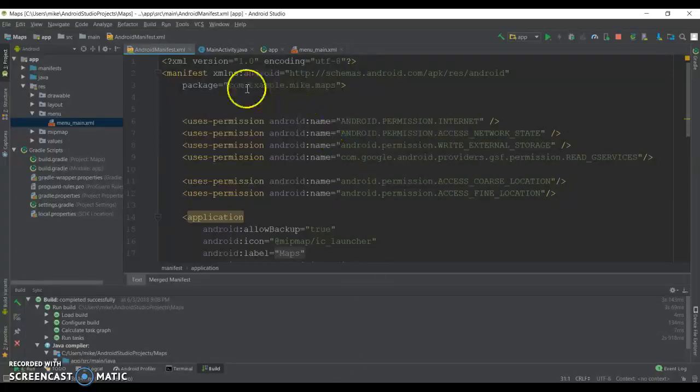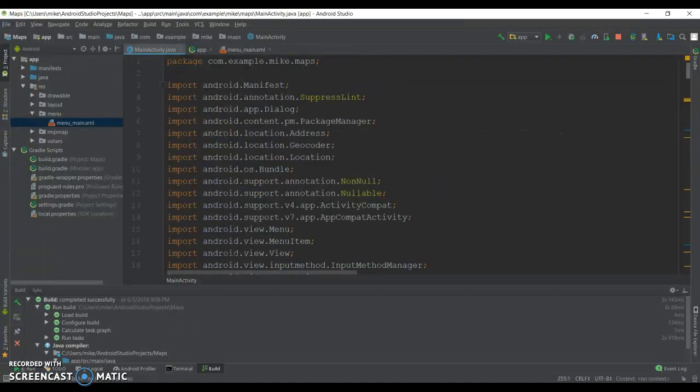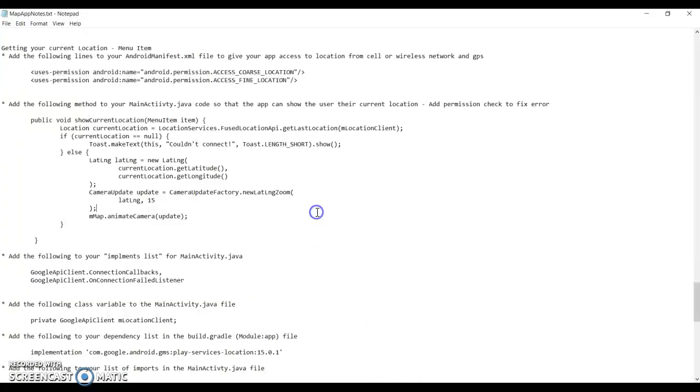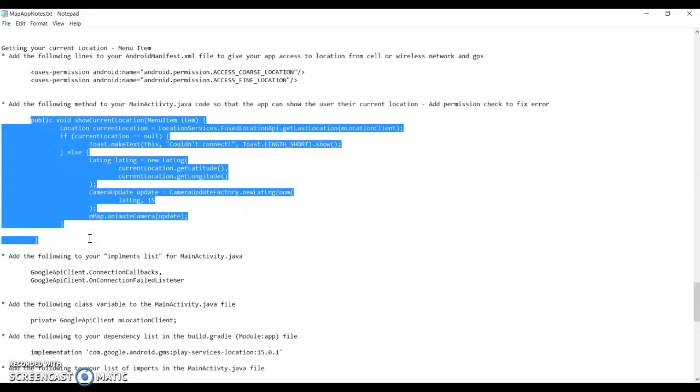You're going to copy them and go to your manifest and just copy and paste them just below the other permissions in that file. Once you have that, go ahead and save it, close it, and you're good to go with that. Okay. The next piece is we are going to add a method called showCurrentLocation in the